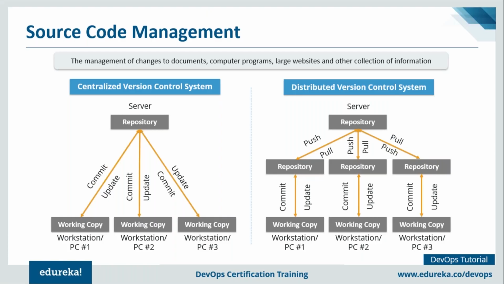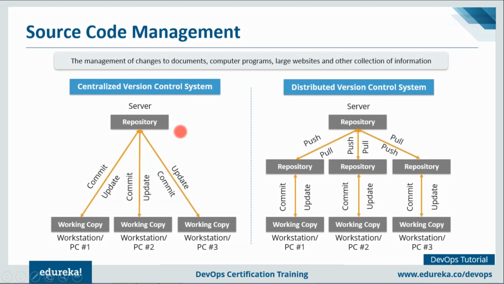Now imagine there are multiple developers writing code for an application. If some bug is introduced, how will we know which commit has caused that error, and how will I revert back to the previous version of the code? In order to solve these issues, source code management tools were introduced. And there are two types of source code management tools: centralized version control and distributed version control. So let's discuss the centralized version control first.